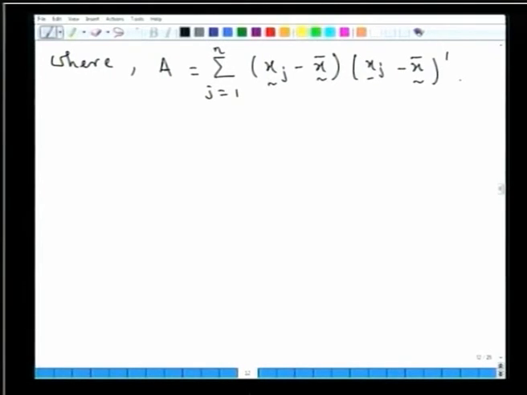So if this is the likelihood function, then the likelihood ratio,